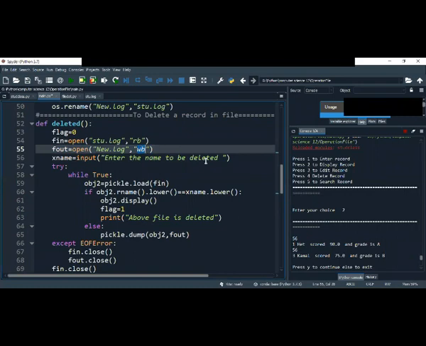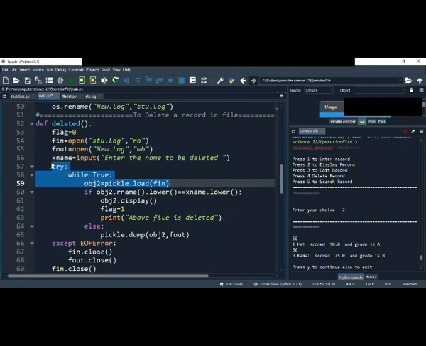After that, I took one variable, x name, and I asked to enter the name to be deleted. This is a simple variable. After that, I will try. Remember, this one we used in the read command also. These two we used in the read command. Remember, read till it is y. Until here we will be doing as we did in the read command. Till here it is the same as the read command. Try while it is true. It is a read command.